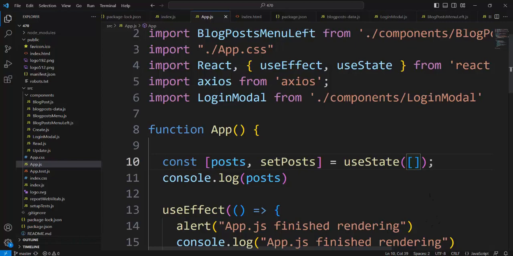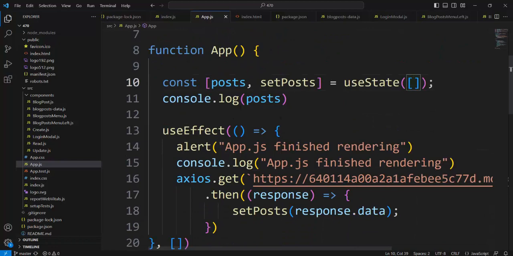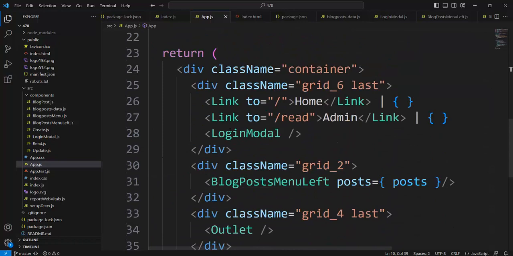The initial value is an empty array, and here we will see in the console an empty array, app.js row 11, because the initial state is an empty array. Rendering goes to useEffect and skips useEffect, because useEffect will be activated when the initial rendering is finished. Go down, and